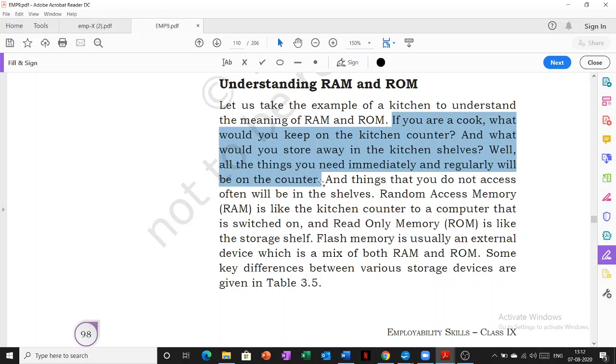Now coming to ROM, which is read only memory. It is like the software that we install on our computer system; it is installed on the ROM. ROM stands for read only memory. What do you mean by read only memory? That means you can only read that memory, you can only run that software, you can't edit it.